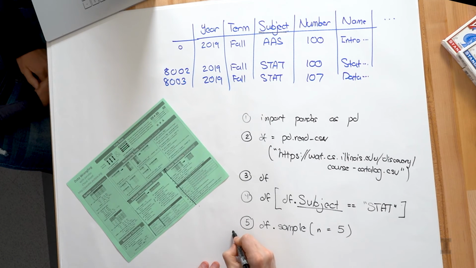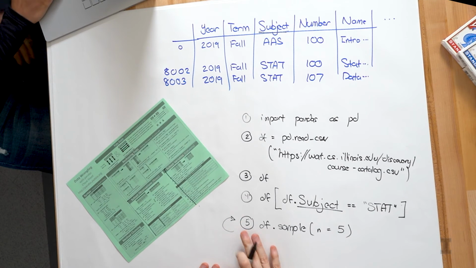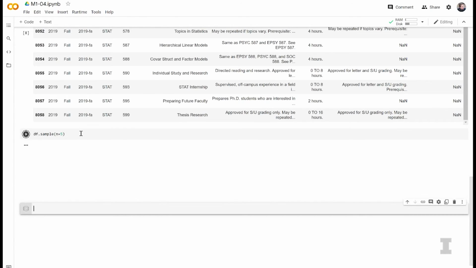Very random. So the big thing about having a random course, though, is if we rerun this line of code, so we're not running a new line of code, we're simply going back to line 5 and running it again, because it randomly selects 5 courses. This is truly random. We should see with only a very, very low probability would any one of these 8,000 plus courses appear again. What we most likely see is if Carly reruns this line, we're going to get a whole different set of 5 courses. So can you do that?